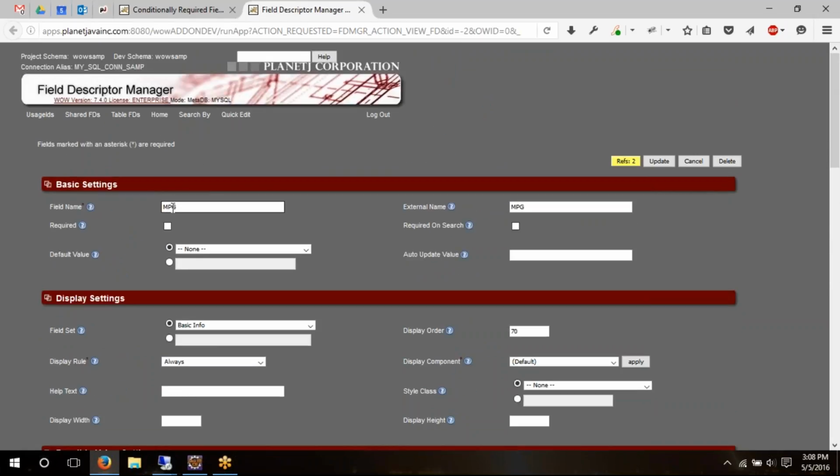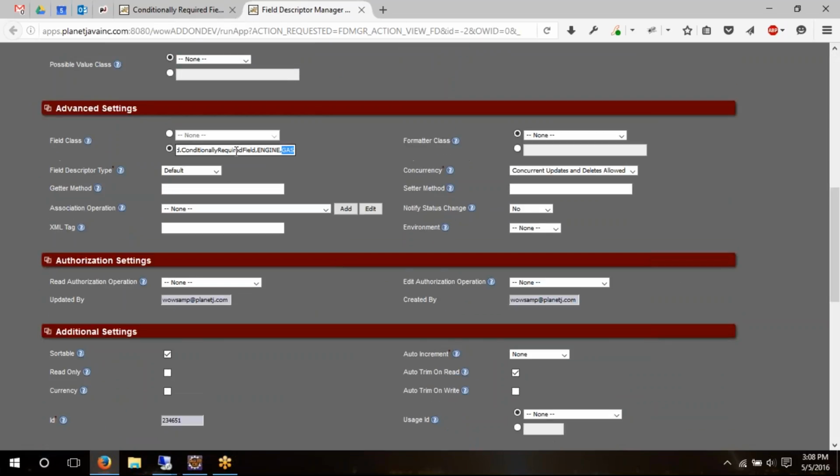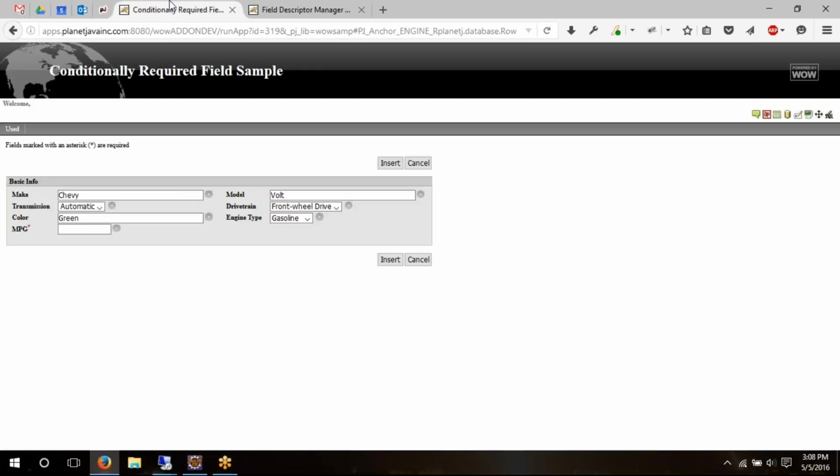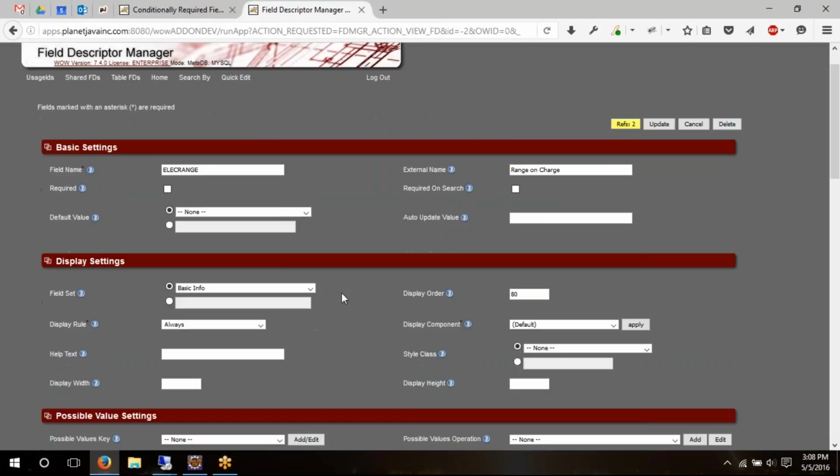Because this is the miles per gallon field, we have it set to show up in the engine field with the value of gas. And the other field, if I would go to the electric field, we'll have two different values there after the comma. It will be